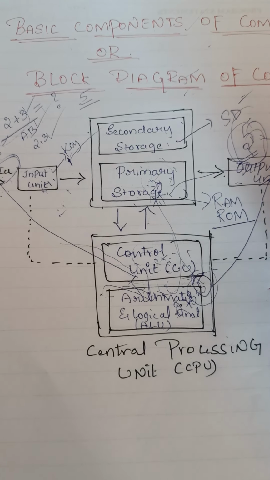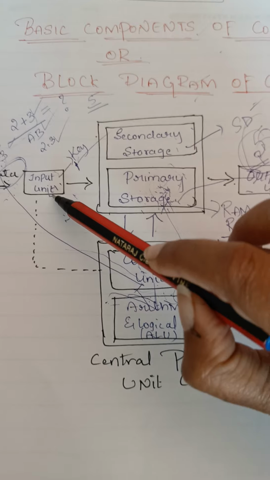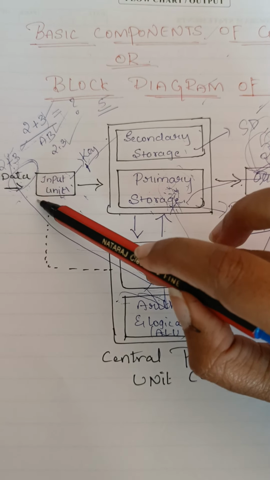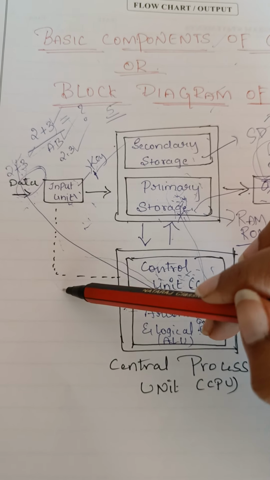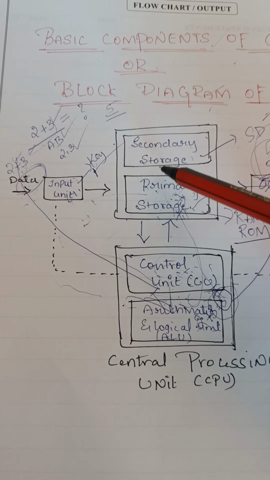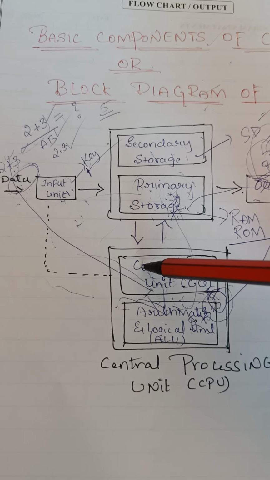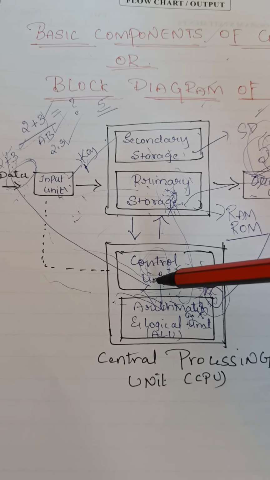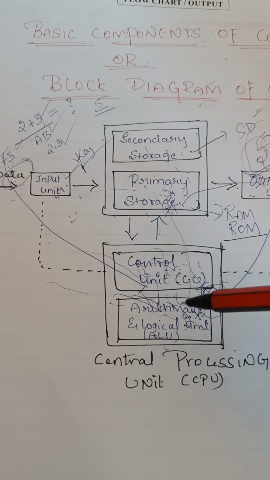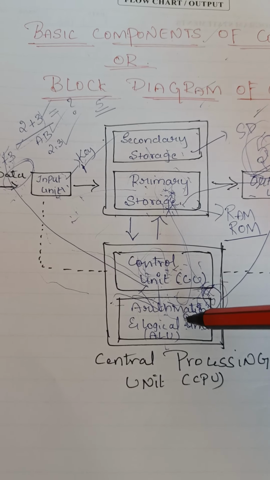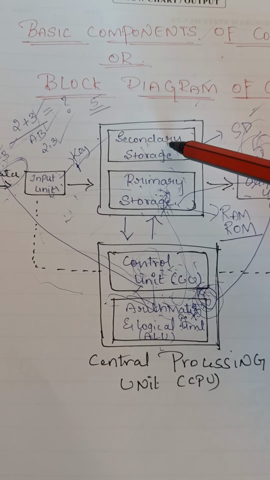So see, once again I am going to explain. First you give the input as data, 2 plus 3. That should be given with the help of the input unit, that is the keyboard, an input device. Through the input device, we store the data, and that data is passed to the memory, any one of the memories. After memory, it comes to the control unit. If it is text, images or alphabets, that should be processed here only. Otherwise, if the input is given in the form of arithmetic, it moves here, and multiplication, addition or subtraction should be processed here. After we get the answer here, that answer moves again to the memory and is stored here.